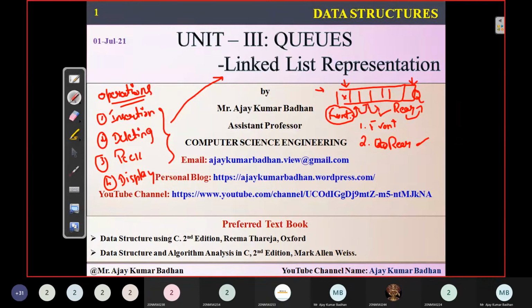In this way we move forward one after another. That is what we discussed in the previous session.